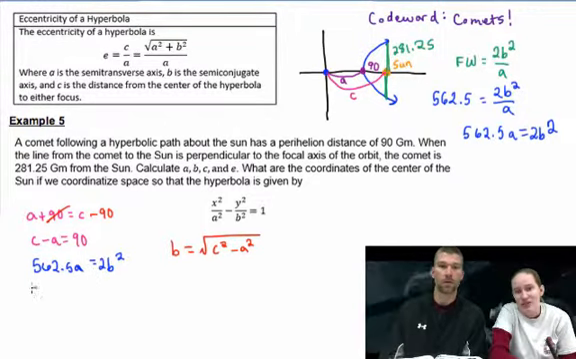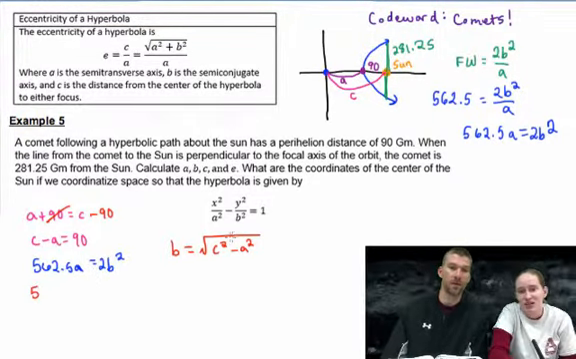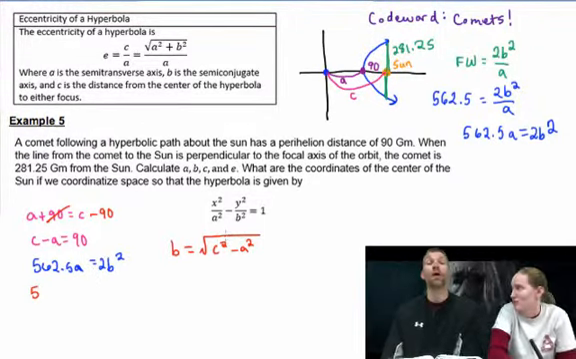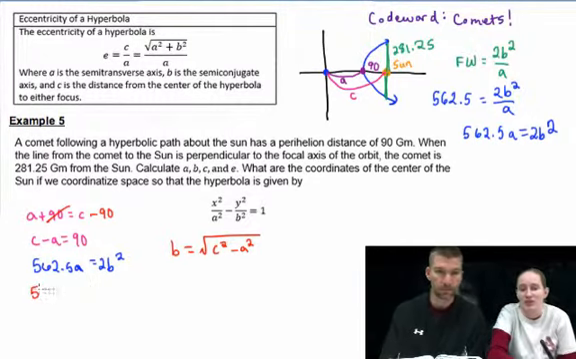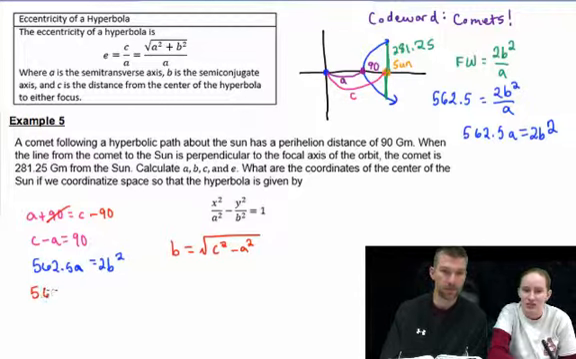No, plus for the hyperbola, isn't it? A squared plus B squared equals C squared. So if I solve that for B, I would subtract A squared. Gotcha. So